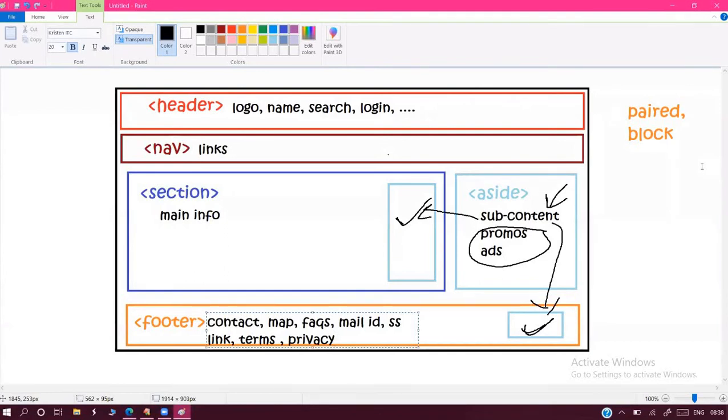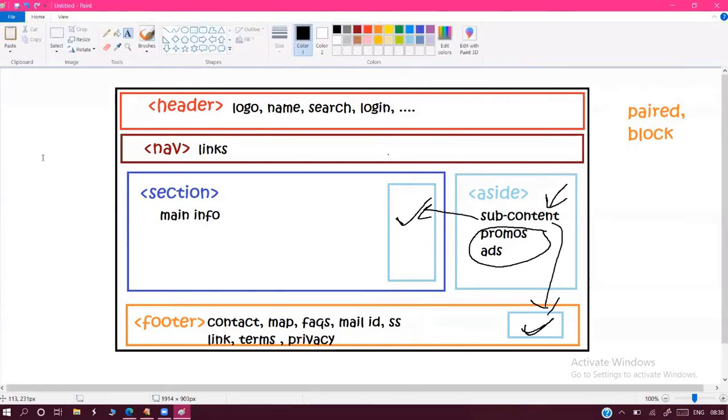Instead of designing the total code in a single plain format, we divide the code into a number of sub-blocks, so we can easily understand: this is the header portion, this is the footer portion, like that. And future modifications also become easier. If I want to modify only the header portion, apply the settings on the header tag only. Those settings are applicable for all of it.